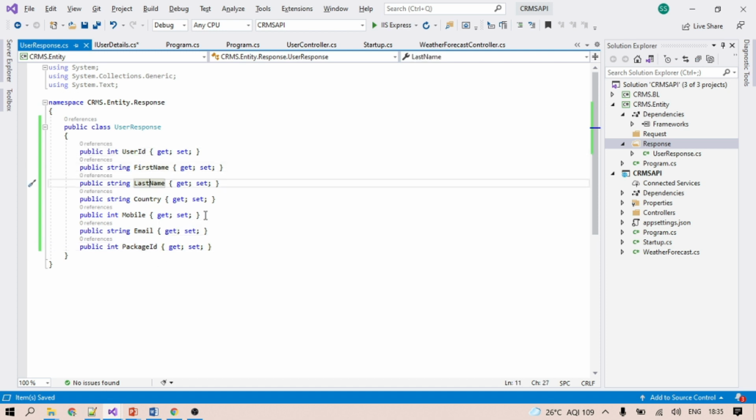If you have a basic understanding, you know what an integer is: it's a number, not ABCD but 1 2 3 4. So FirstName, LastName are strings, Mobile is an integer, Email is a string, PackageId is an integer. Okay, so our response class is created. Whenever we create a user, in the response we will be getting this kind of details.